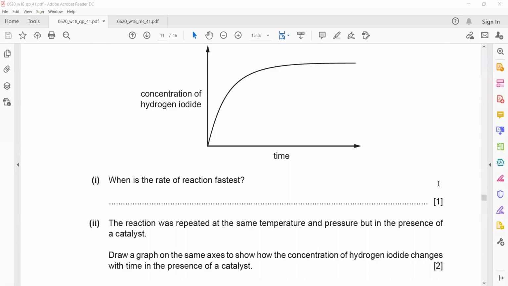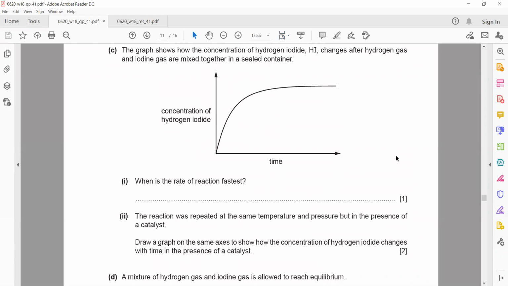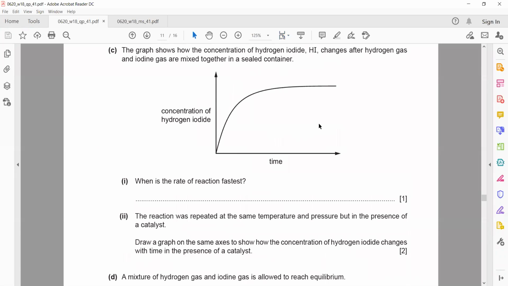So in the beginning, the rate of the reaction is faster. Next part, the reaction was repeated at the same temperature and pressure, but in the presence of the catalyst. Draw on the graph on the same axis how the concentration of hydrogen iodide changes with the time in the presence of the catalyst. If yes, use the screen annotation to